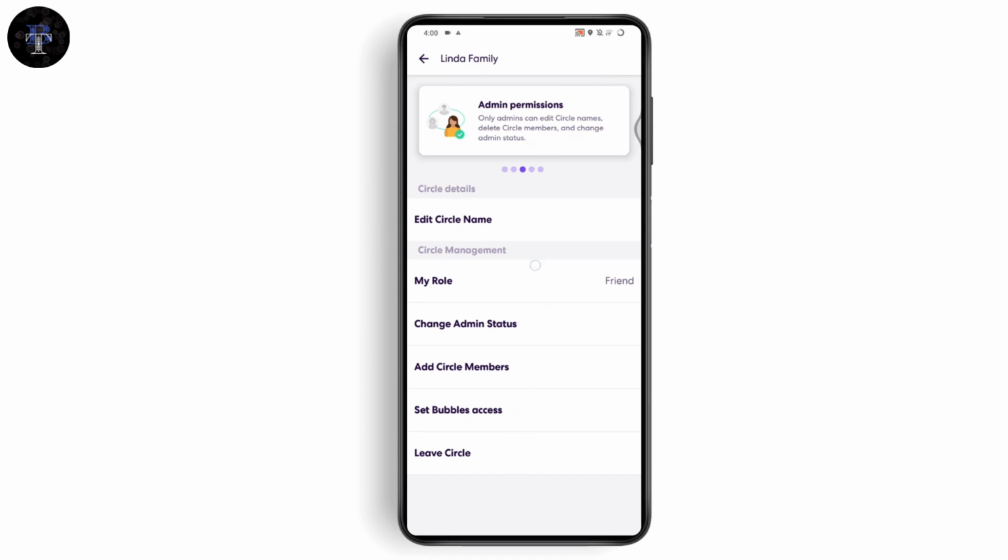So in my case, I don't have any members in my circle for now, but if you have any members in your circle, then you will have an option of delete circle member right here, and you can just simply tap on delete circle members and then select the member that you would like to delete and tap on delete, which will be in the top right, and the person will be removed or deleted as a member on your